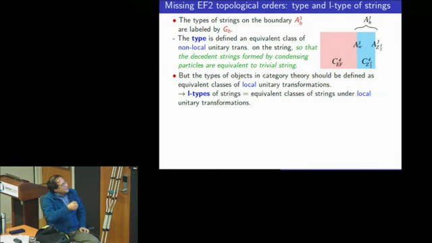But to use category theory, I think the right thing to do is to use local unitary transformations to define the type of string. For a particle, it doesn't matter. A particle is a point, so non-local and local are the same thing. When you have a string, there's a distinction. For a membrane, even more distinction. Whether to use local or non-local unitary to define the type of string, we have struggled with this issue for maybe 5 years, and we still don't have a very clear answer on what should be done.